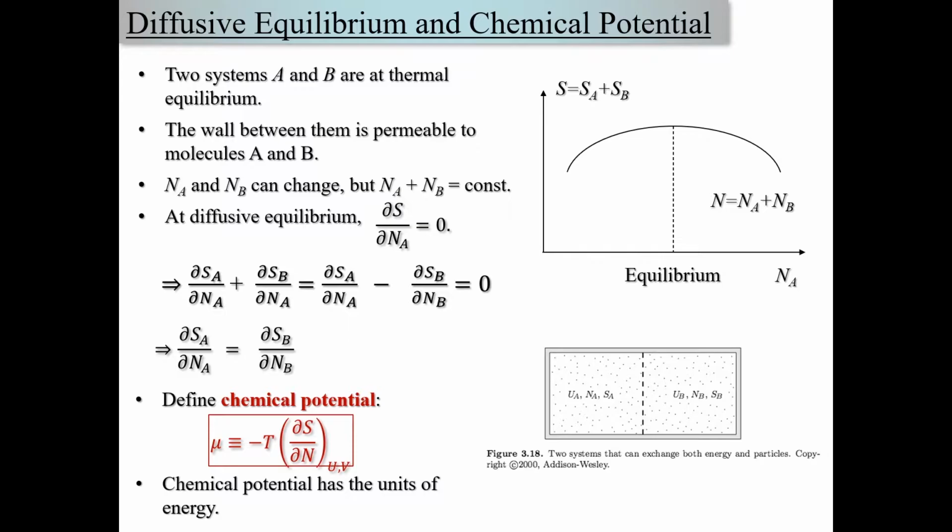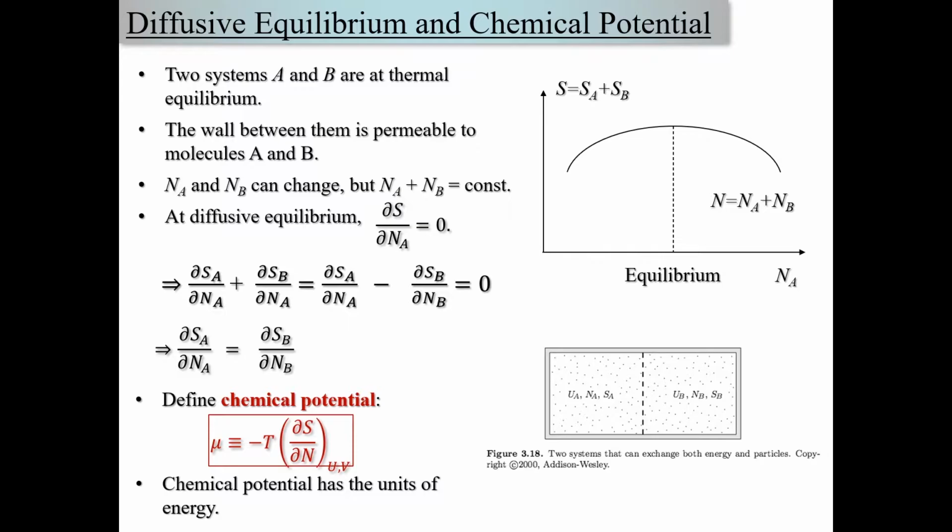So if I know Na and the total number of particles, I know Nb. Taking the derivative with respect to Na, the derivative of the total entropy must equal the derivative of entropy A with respect to Na